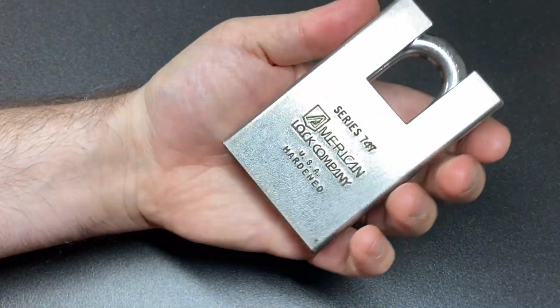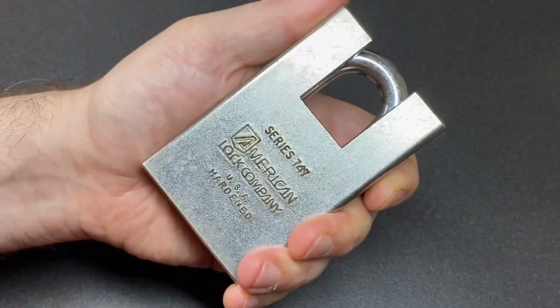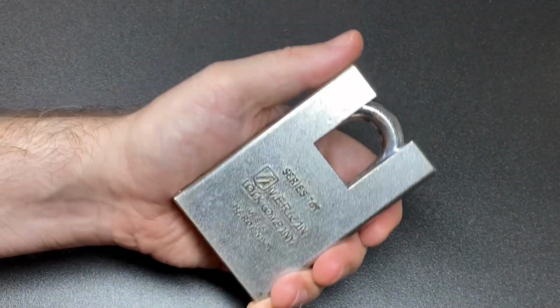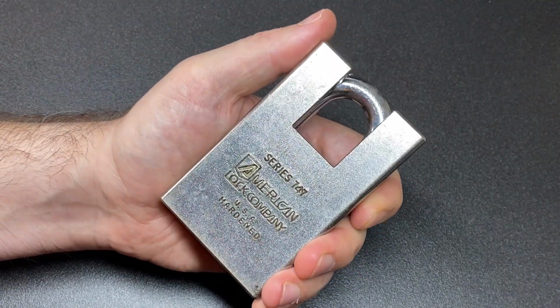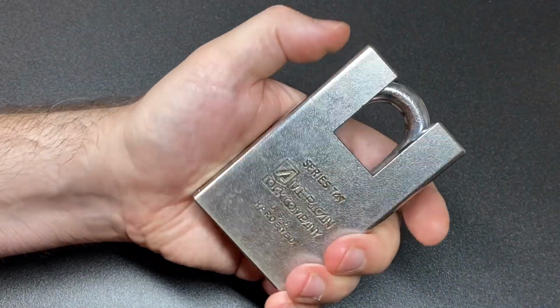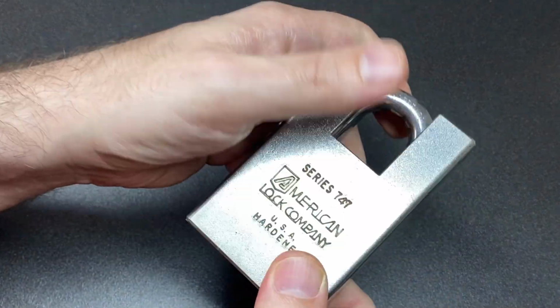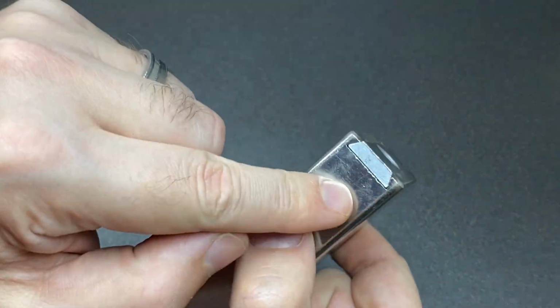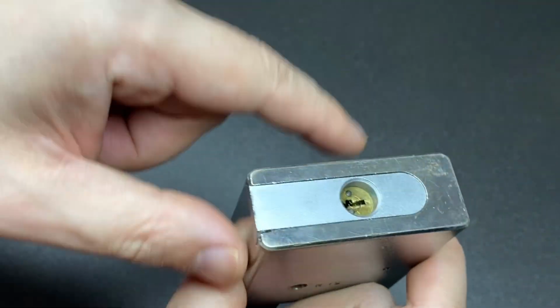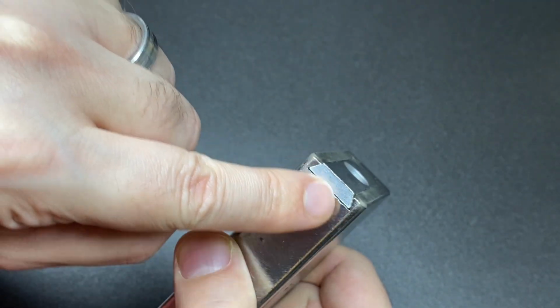It's an American Lock Company hardened steel series 747. I suspect this is the biggest American lock out there in terms of its model, but if you know of a bigger one, I would love to know about it. But yeah, this is a weighty beast. It's really nice as well. The closed shackle. I see these on some Federal locks as well, but this is probably earlier than that. You can see how this is a